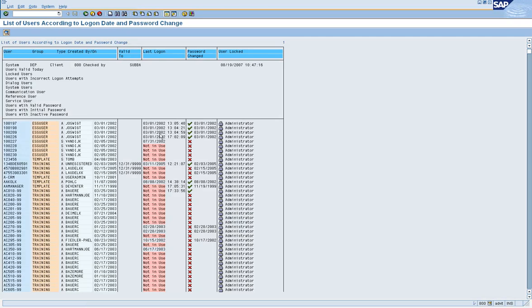So this lists how many times, for example, the user IDs are logged, when the password was changed, and when the user last logged on. That kind of stuff.